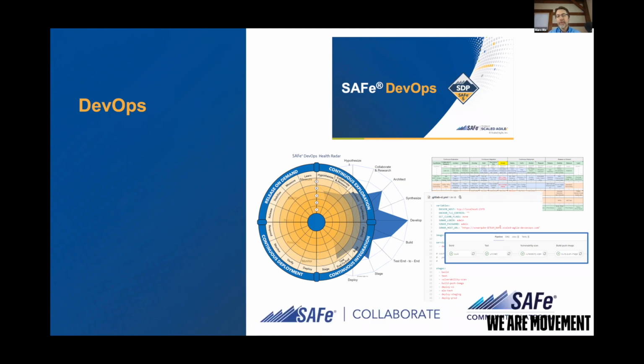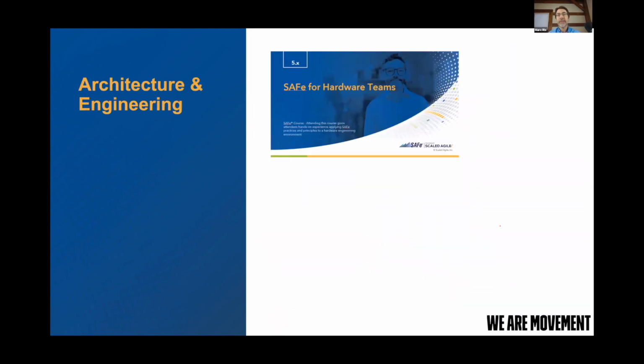And of course, Safe Collaborate and the Safe Community Platform would be the vehicles for delivering a lot of these new things. On the architecture and engineering front, we have a member of the framework team, Harry Kahneman, who is spearheading the Safe for Hardware team's workshop. So this is something that is in